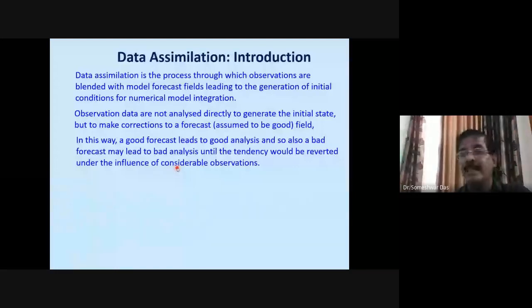If you have a bad observation that somehow sneaked into the system even after your complex quality control, because you know that you will do all kinds of quality checks on observations, right? And despite all the checks of the quality control, suppose some data gets into your system, so that will be bad data, right? And bad data will obviously produce a bad analysis, right? And we have discussed earlier how bad data can enter during the data processing stage. In the beginning, if you recall, we discussed how bad data can enter, right? Because everything is